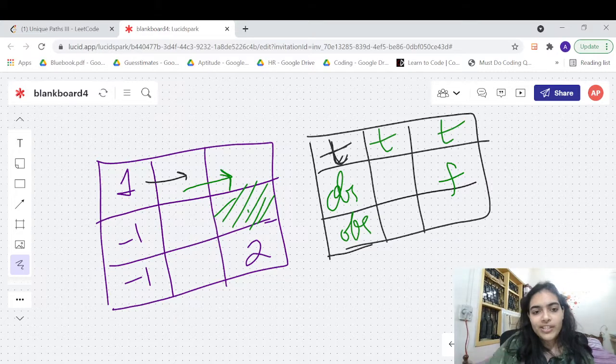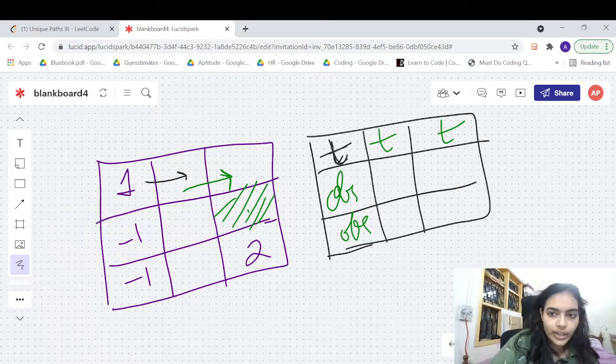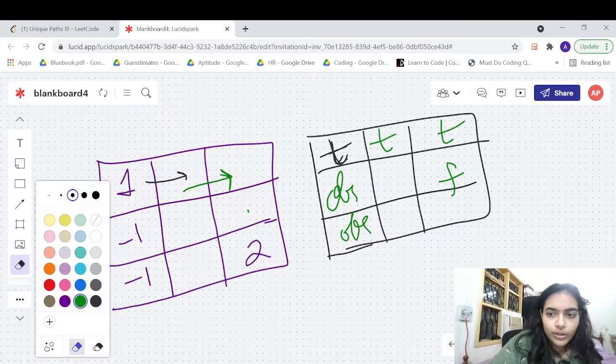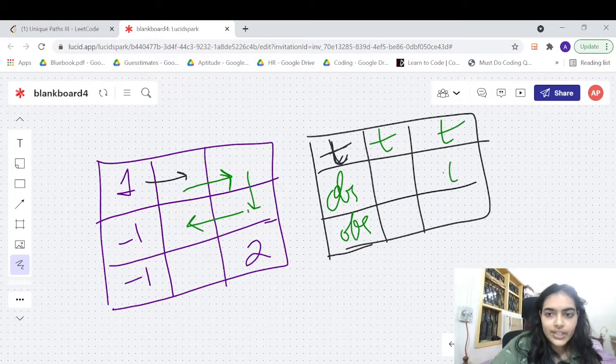So if we have the left possibility, we can visit it. So what we will do, we will visit that left possibility. Before visiting, we will mark this as true, and we will go this side. So we are going to visit the left cell. We came from here and now we are going to visit the left cell. So from here now you can go here.